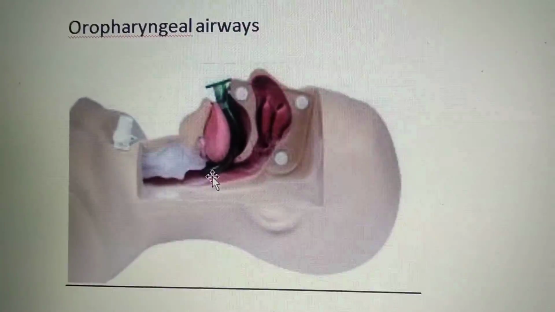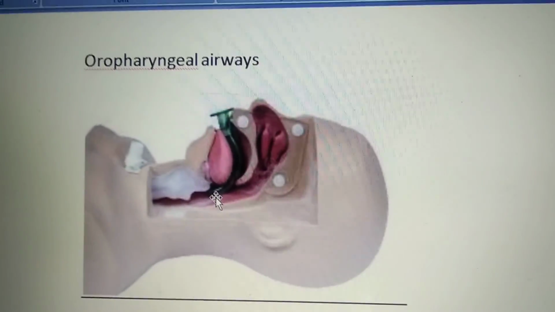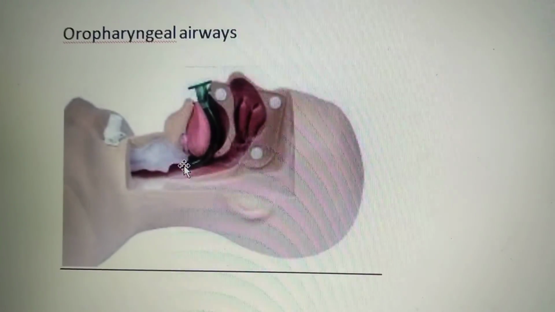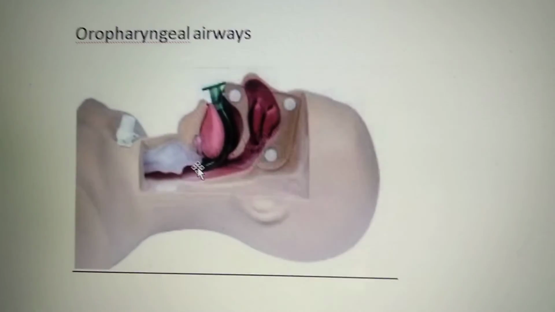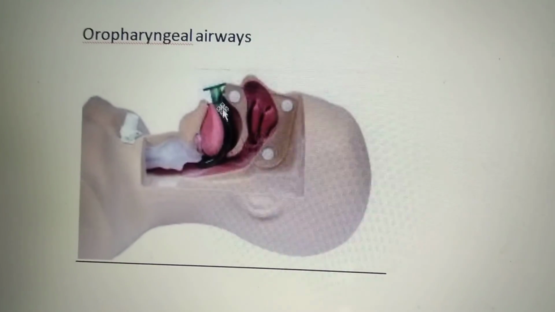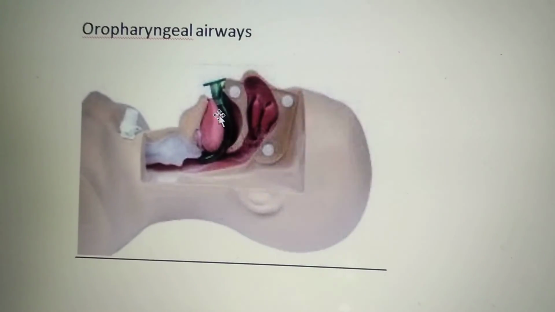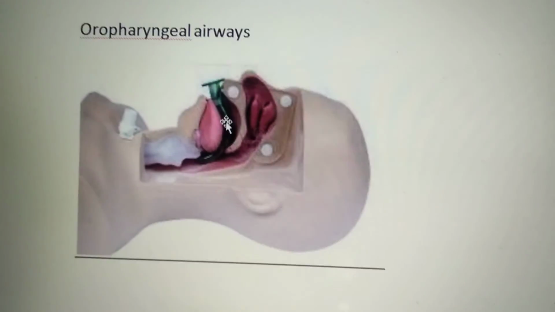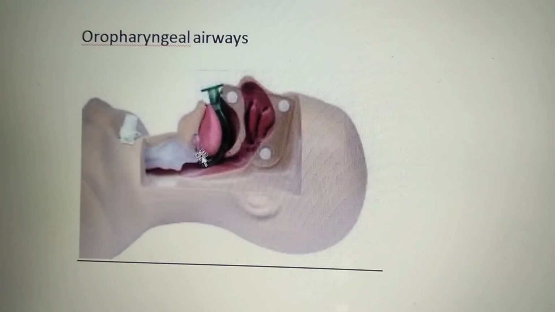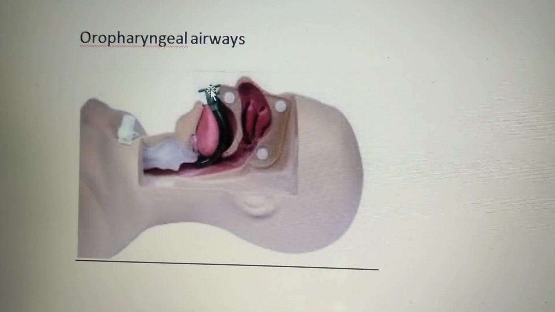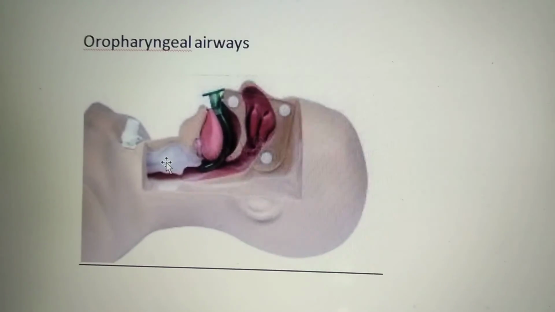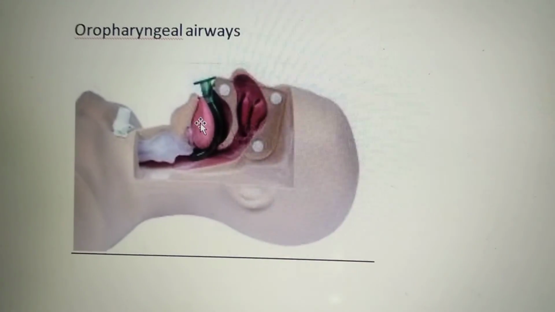The inner end of that is there in the laryngeal inlet. This is called oropharyngeal airway. In a hospital setup, we can do this instantaneously. So we are naturally preventing. You can see this. This is a tongue. So oropharyngeal airway connects the oral cavity. This is the nozzle here to the laryngeal inlet, and naturally it's preventing the tongue from falling backward